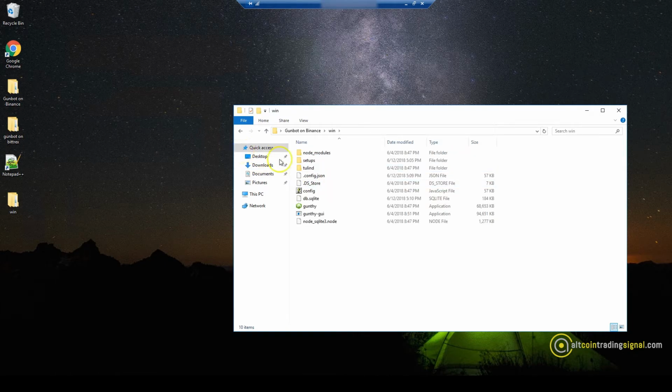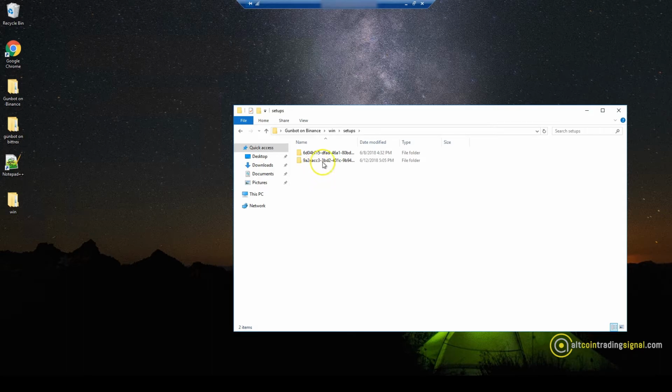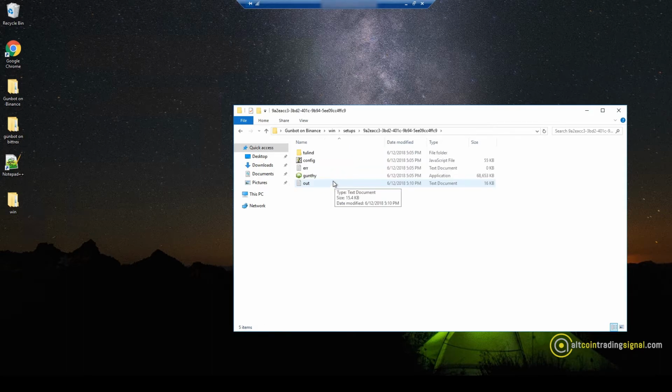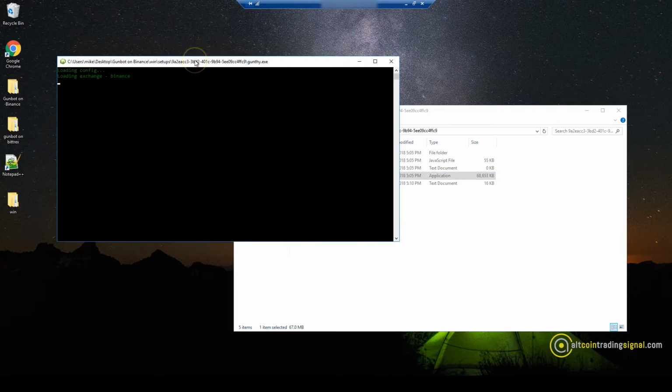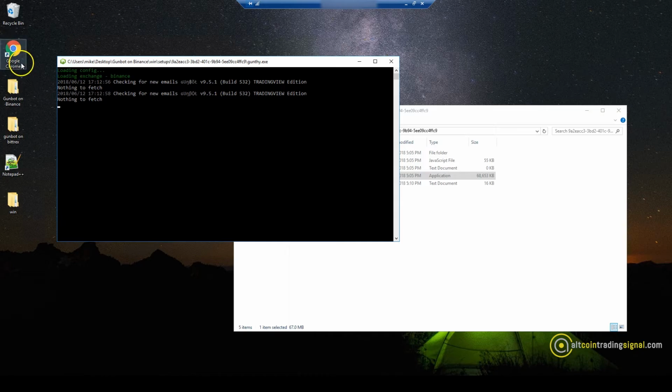Now once we have everything set up, you're going to have a new folder called setups. Go ahead and click that. Go ahead and click on the one you're working on. And then I go ahead and run this Gunthi. It runs right out of this command prompt. I don't actually have to run it out of a Chrome browser, which is good because it uses less of